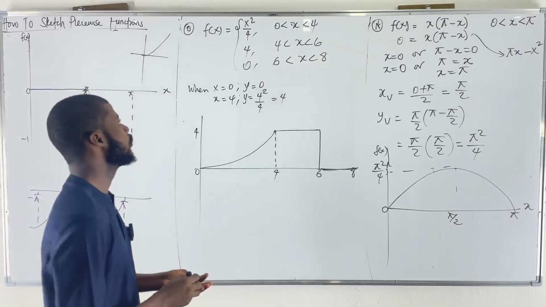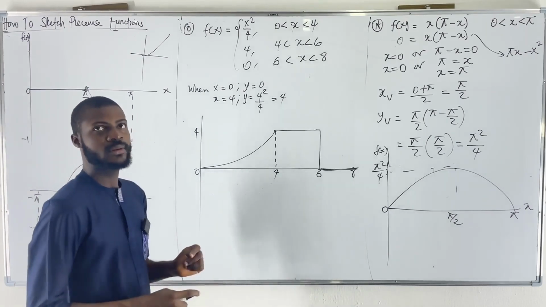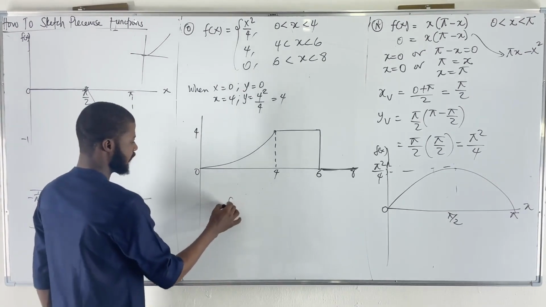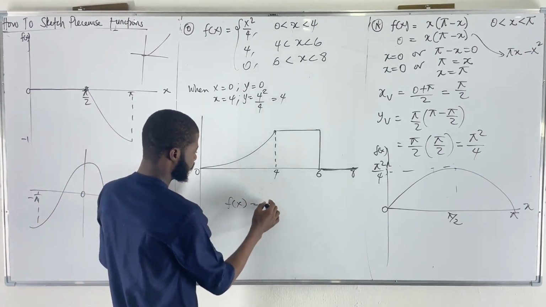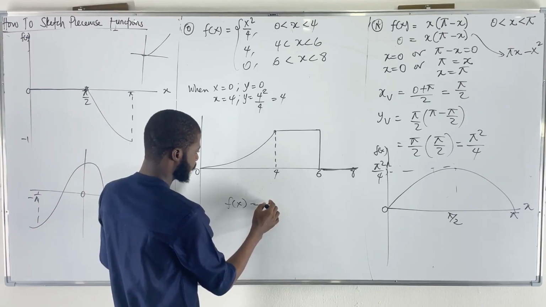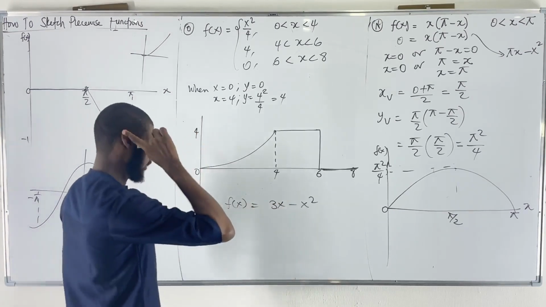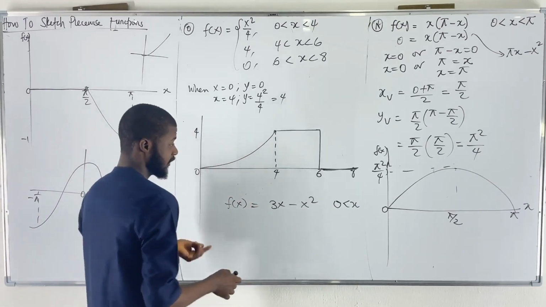So the problem I wanted to do before, I think I've sketched it before. Yeah, let me see. f of x equal 3x minus x squared, from 0 less than x, I think I should just say less than